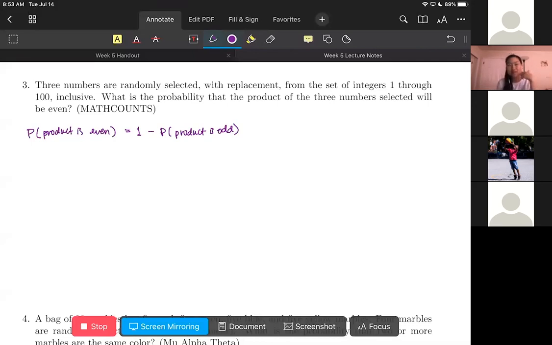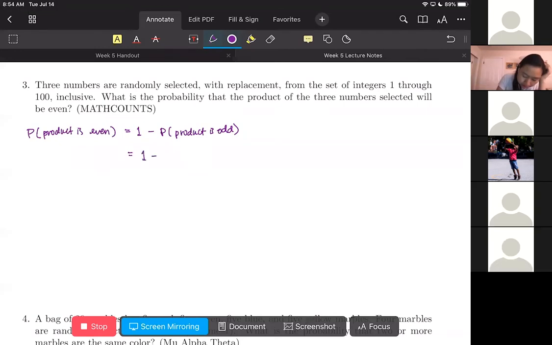And that's a little bit harder to count because that means we have to count, okay, what if one of the numbers is even? What if two of the numbers are even? What if three of the numbers are even? But if we want to calculate the probability that the product is odd, the only way for the product to be odd is if all three integers we select are odd. So we could say that equals